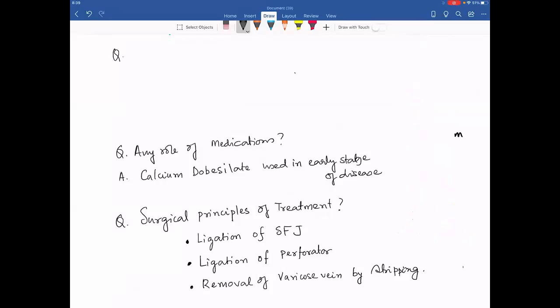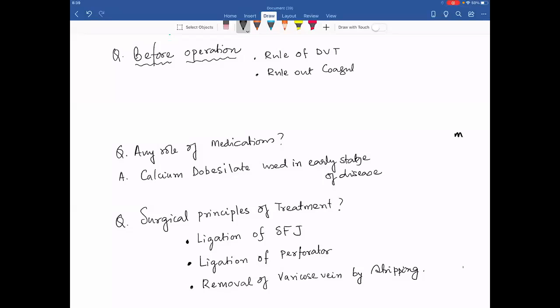Can you tell me, before you take up the patient for operation, what is the minimum requirement before the operation is planned? Rule out DVT. Any other thing? Rule out